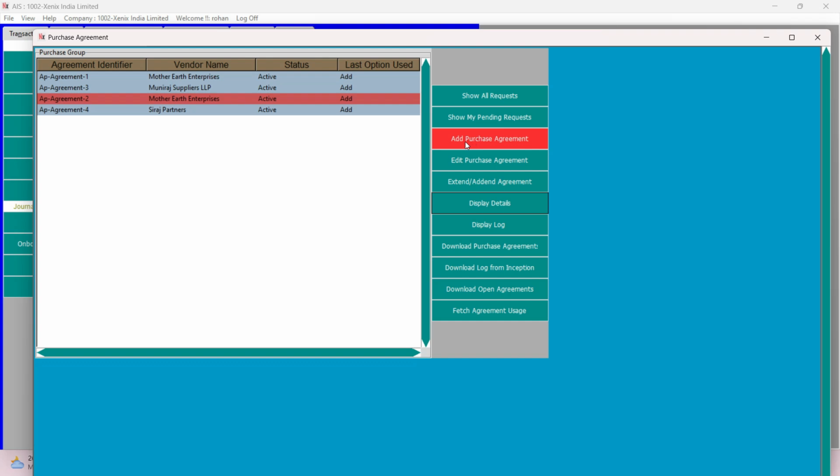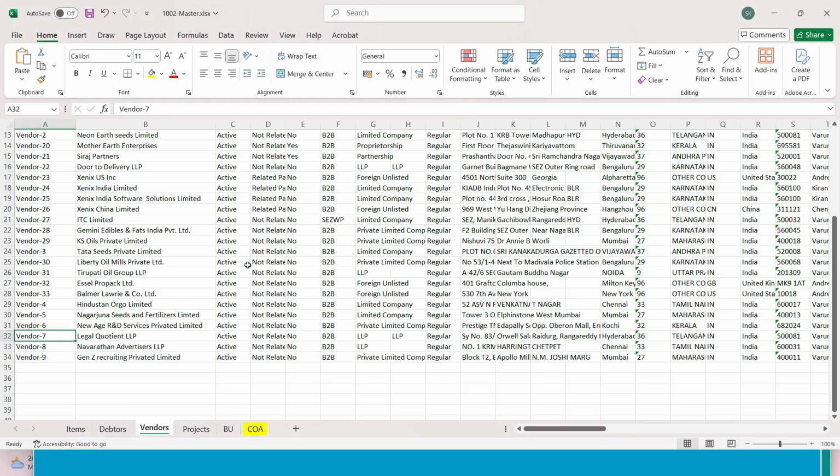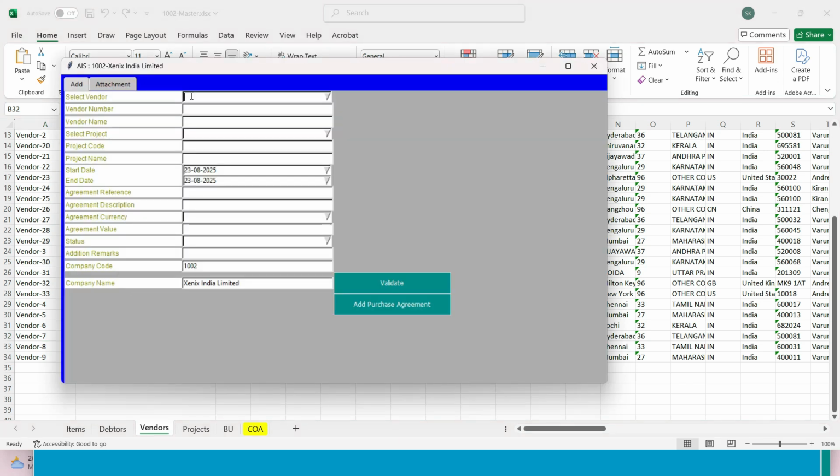You can create a new agreement by clicking an option called add purchase agreement. So I have clicked add purchase agreement. If you know the vendor code, you can enter it, or because we are entering the master data, say for example, for Legal Quotient I want to create an agreement. If I start typing two or more letters and click the drop down, the values get filtered. Legal Quotient, and which project? This is the admin project,